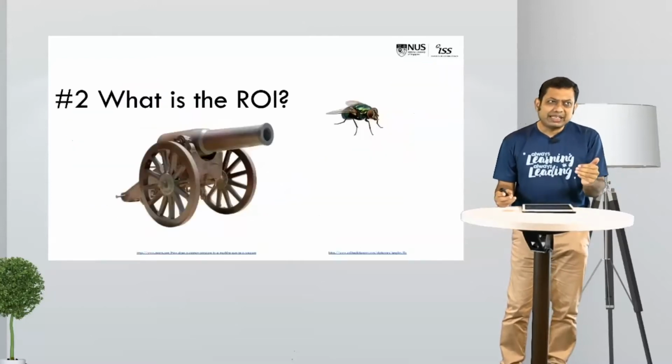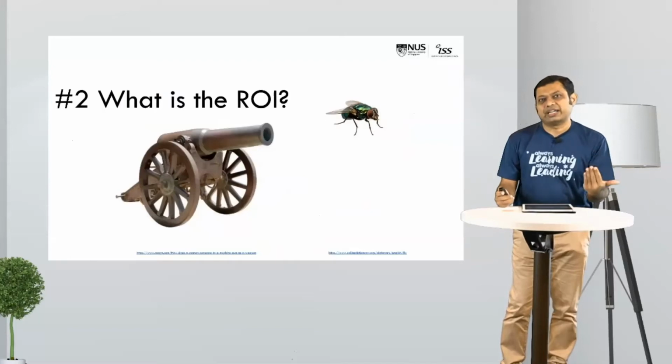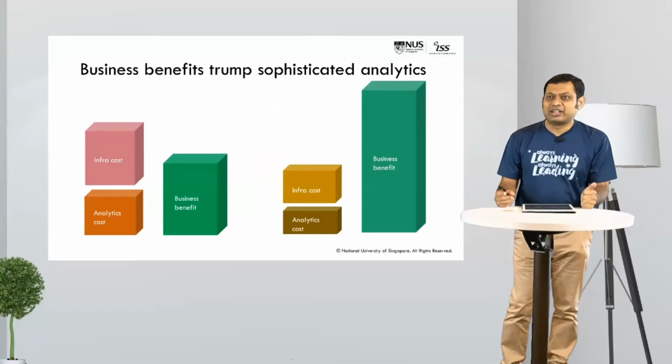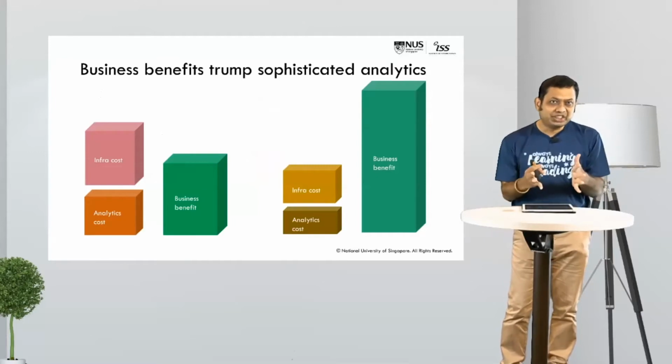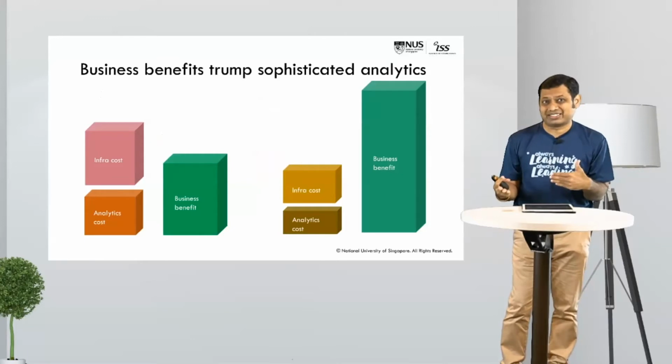But before you get into that vision, there's number 2, which is you need to figure out that there is an ROI for any of the things that you're going for. You don't want to use a cannon to shoot a fly, do you? My colleague Sharon had just alluded to an example recently where she was talking about how machines have started beating grandmasters in chess.